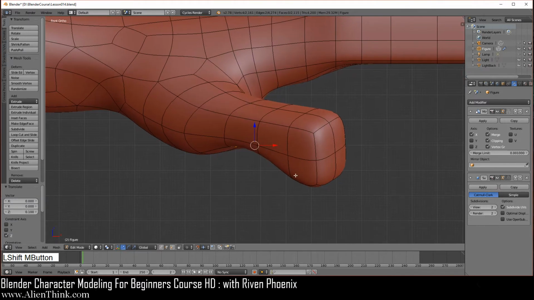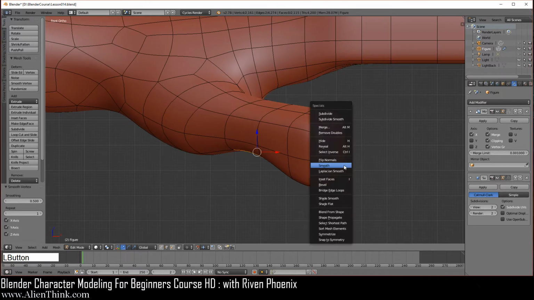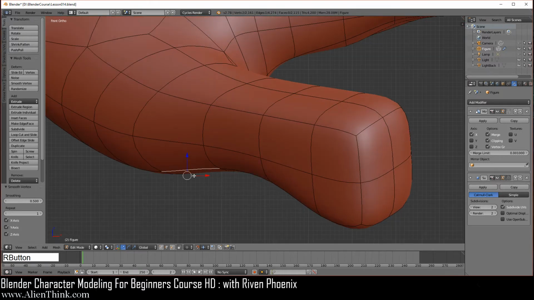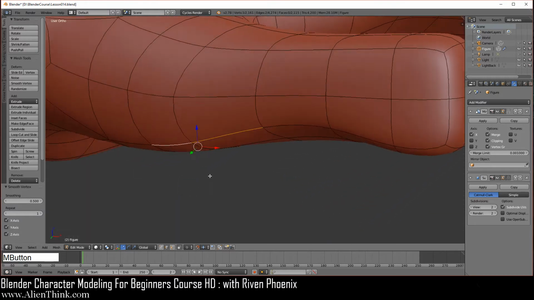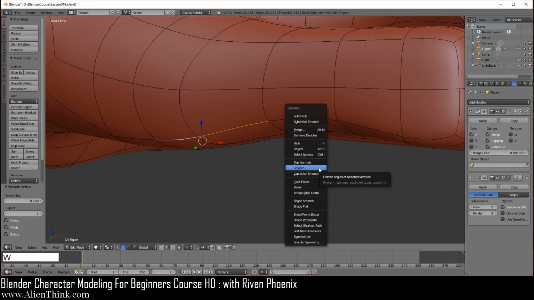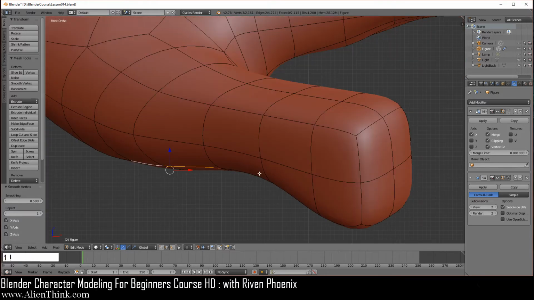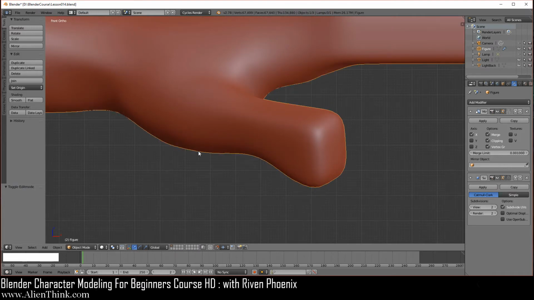Now just zoom in and do W smooth 1, 2, 3, 4, and now click on this one and this one. So you can see what I've selected. I'm just going to do W smooth one time over here. Go to your front view. If you press Tab, you can see that what we're doing is now defining this curvature of the thumb.